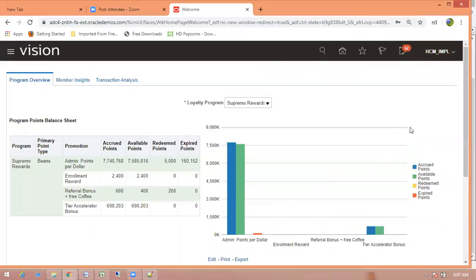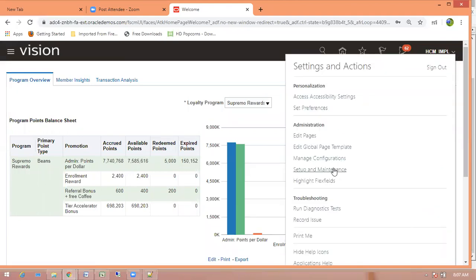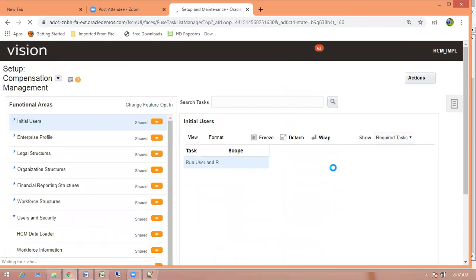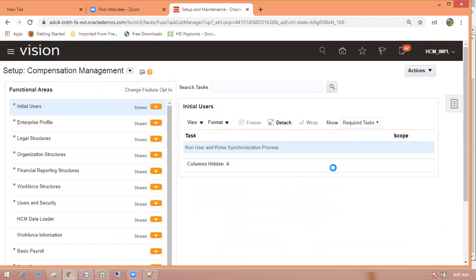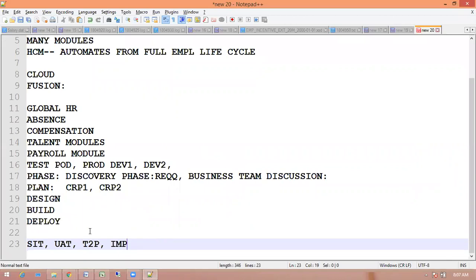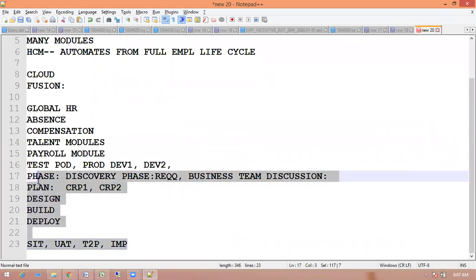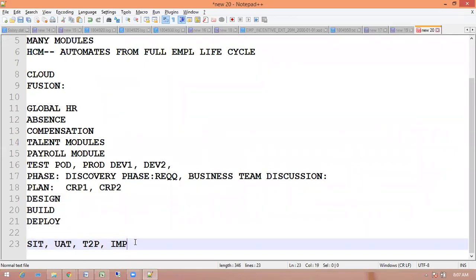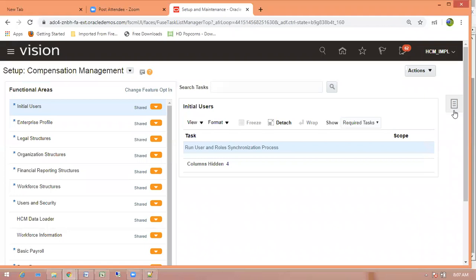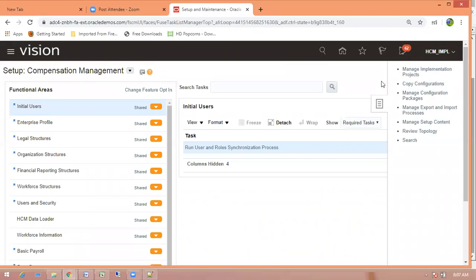Okay. So this is the Fusion instance. The admin has to go first to setup and maintenance. What is setup and maintenance? I'm already working, but I don't understand the implementation flow. I don't have an idea. I got input from other people, and that is the reason I started with these phases. I hope you understood these phases, right? This I am also aware of, but I don't know how the flow works. Okay, no issues.